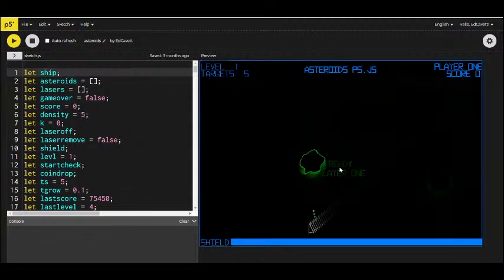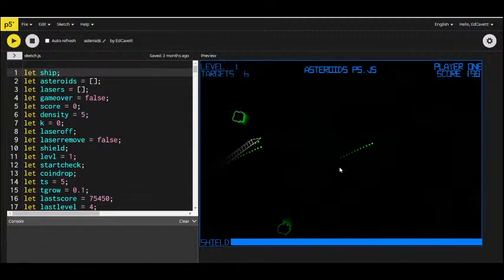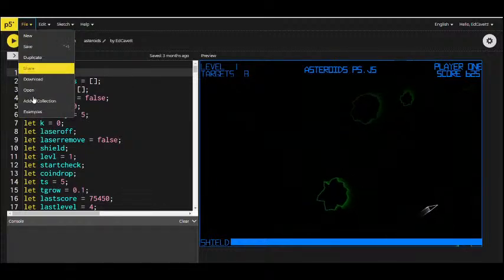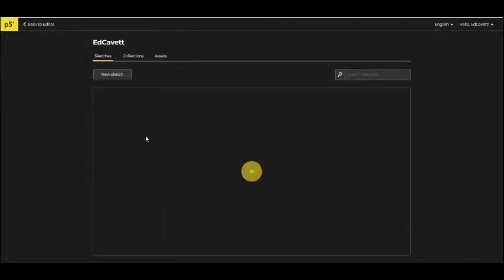Yeah, I can. It doesn't have sound yet. It needs sound. Every game needs sound. But that's coming up here. So after Asteroids,